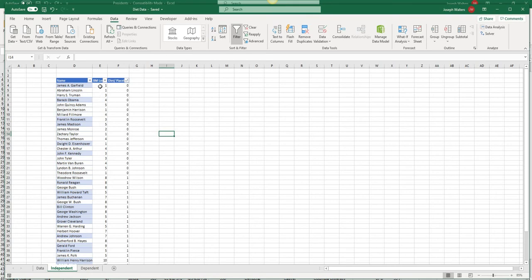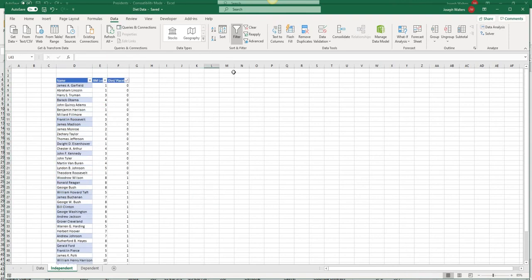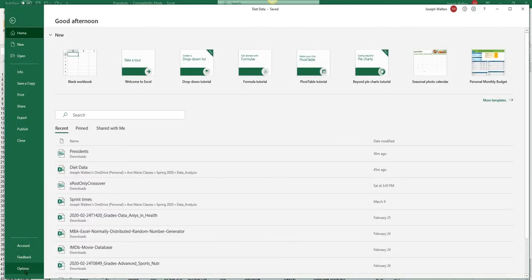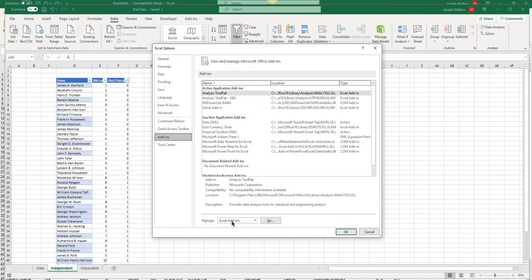So for the placebo, we're just going to highlight this data, and then for the diet pills, we're going to highlight this data. Well, to do so, we need to go into our data tab and then hit data analysis. Now the problem is some of you guys don't have this data analysis tab, so we need to get that for you guys. To do so, go into File, go to Options, Add-ins, and then where it says Manage Excel